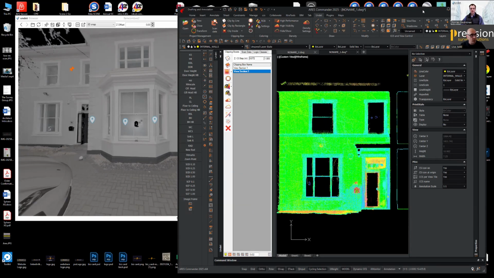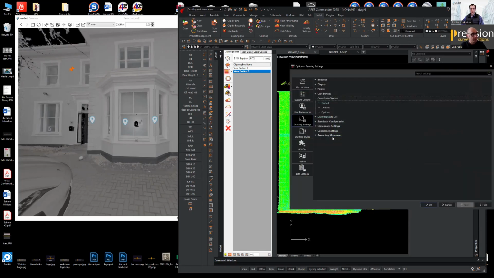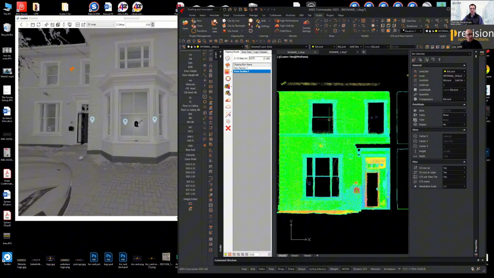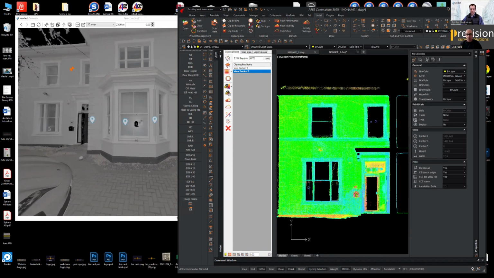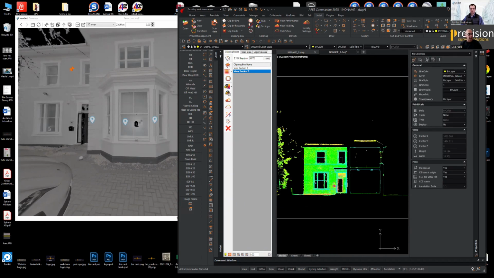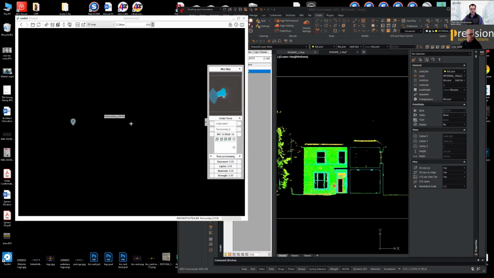And again, we might set that UCS up, which is currently unnamed. We might name that now as elevation 1. So we can always jump back to our elevation 1, and we would then start to digitize the bits and pieces that we wanted to do for our elevations. Same with the section. If we were inside and we wanted to